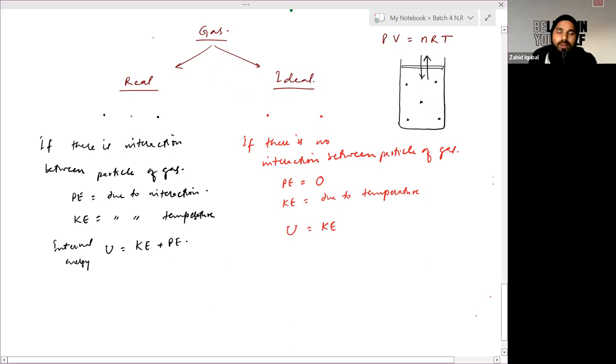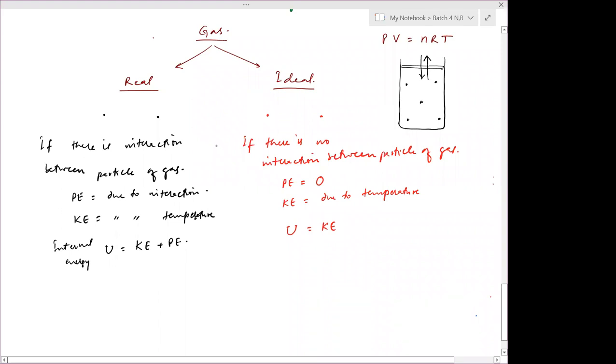Okay. Next, suppose we increase the temperature of that system. So it will acquire some thermal kinetic energy, and due to thermal kinetic energy, it will tend to vibrate randomly in all different directions. It means its kinetic energy due to temperature, that is thermal kinetic energy, increases. So again, we can say potential energy in that case will also decrease. So on combining these two statements, you can say on decreasing pressure and increasing temperature, interaction between particles decreases, or it will tend to acquire more thermal kinetic energy. So it will tend to behave as ideal gas. Is it clear?